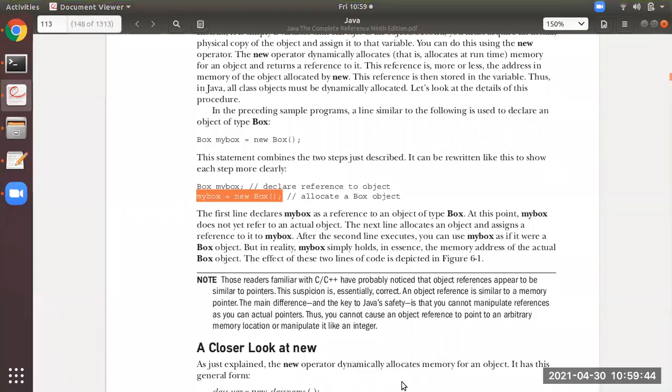What I mean by this, I'm going to draw now. With this particular first statement, Box mybox, it will only create the object over here. It will not be allocated with the memory. So this is the first step, declaring a reference to objects.